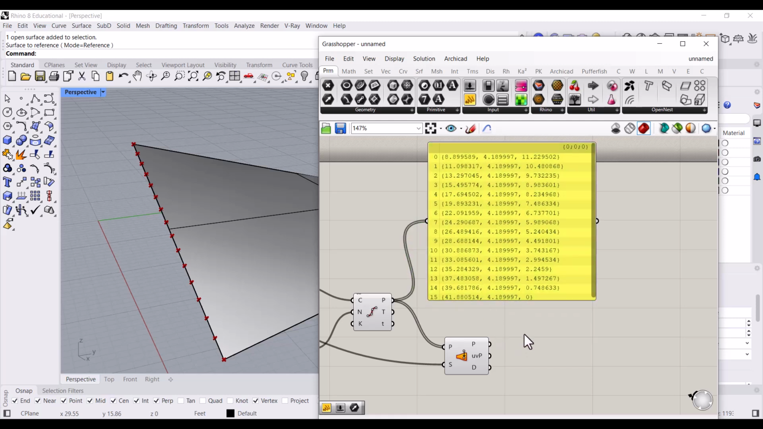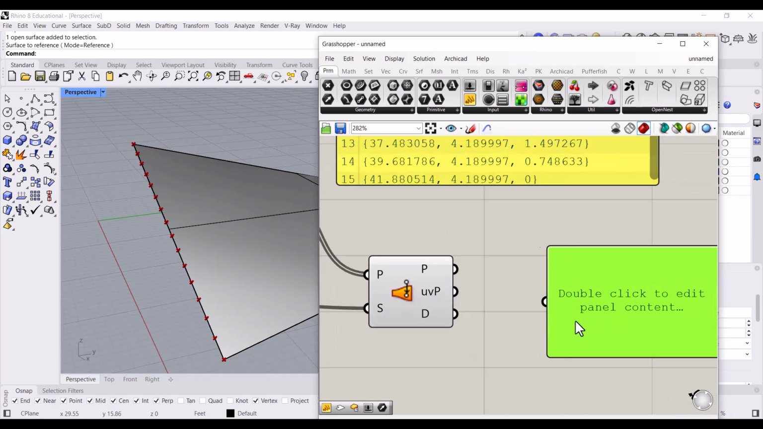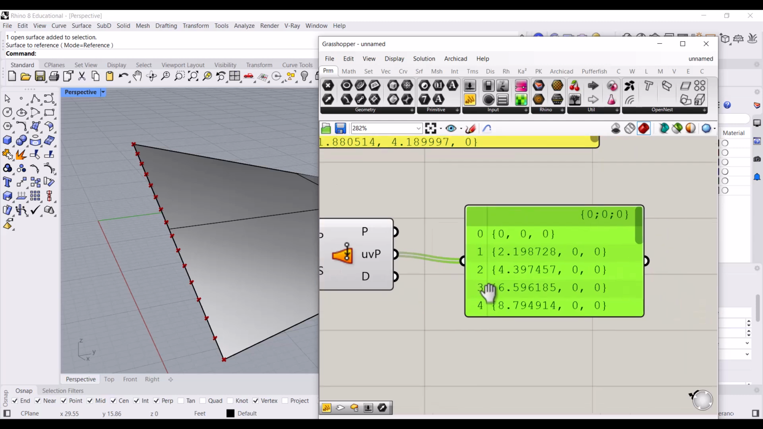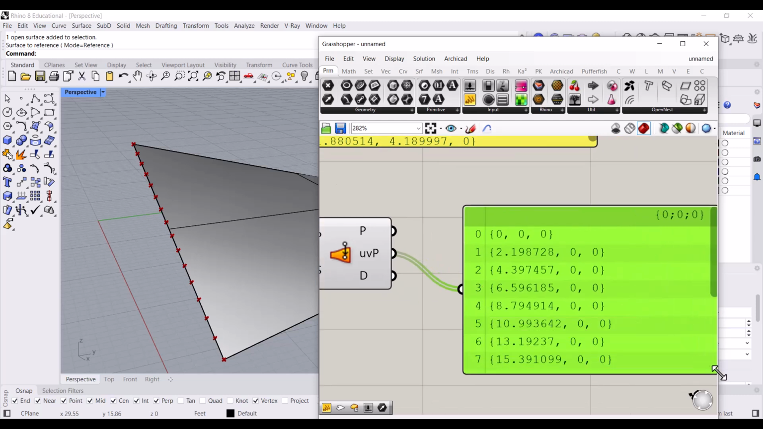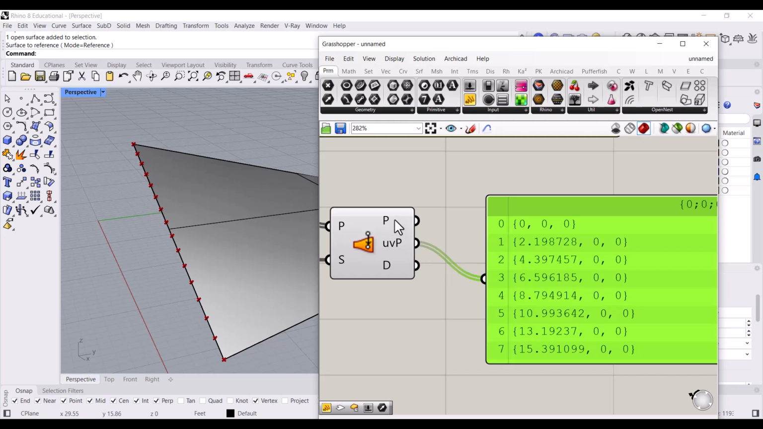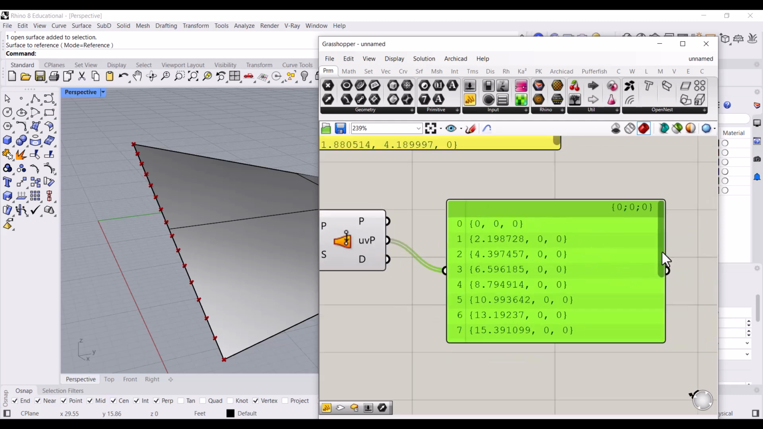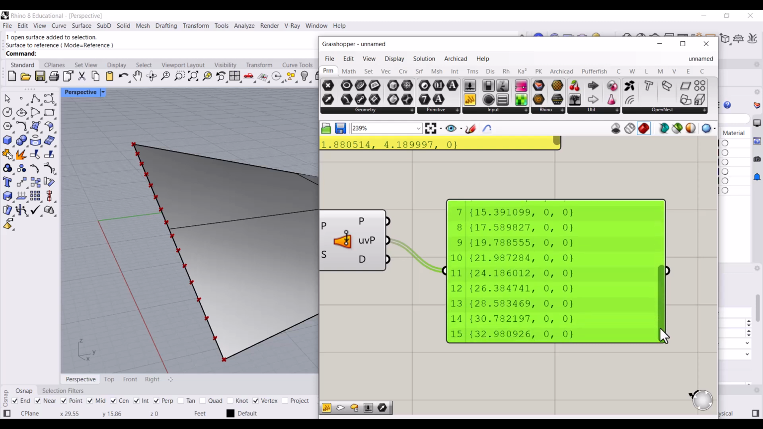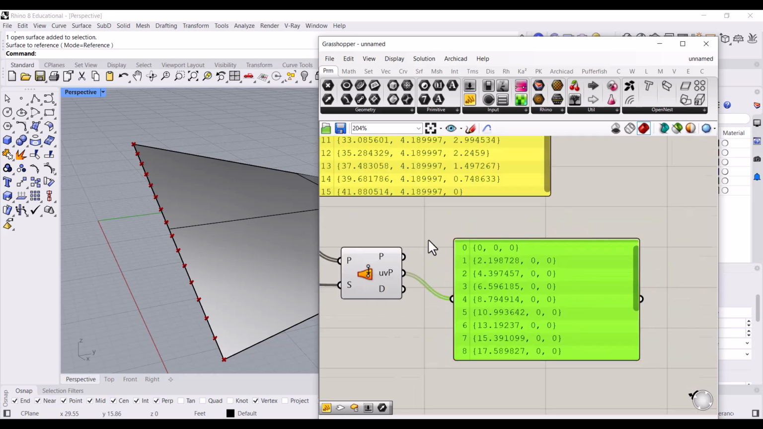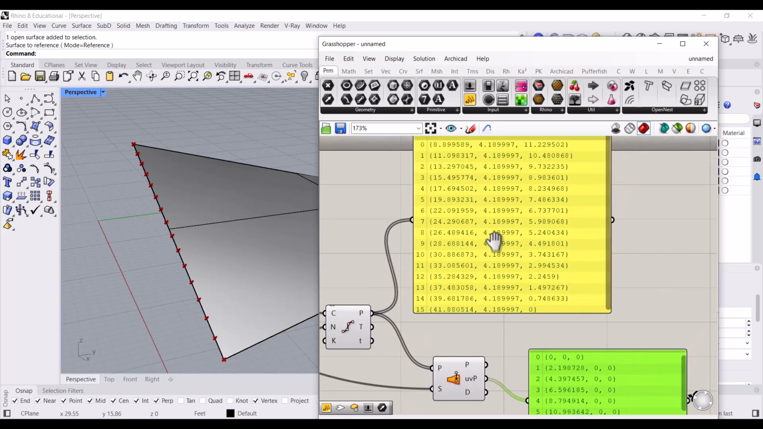If I do that same thing over here, so I'm going to click on panel, open this up, and you'll notice it's outputting these UV coordinates. So I'm going to plug that in. So these are also, they have these 3 values, but this is based on a surface now. So notice how these numbers are different